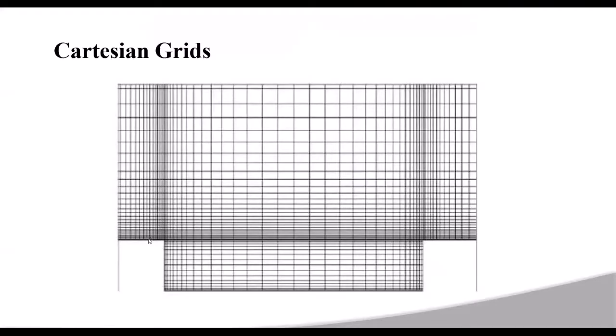How can we create this type of Cartesian grid?